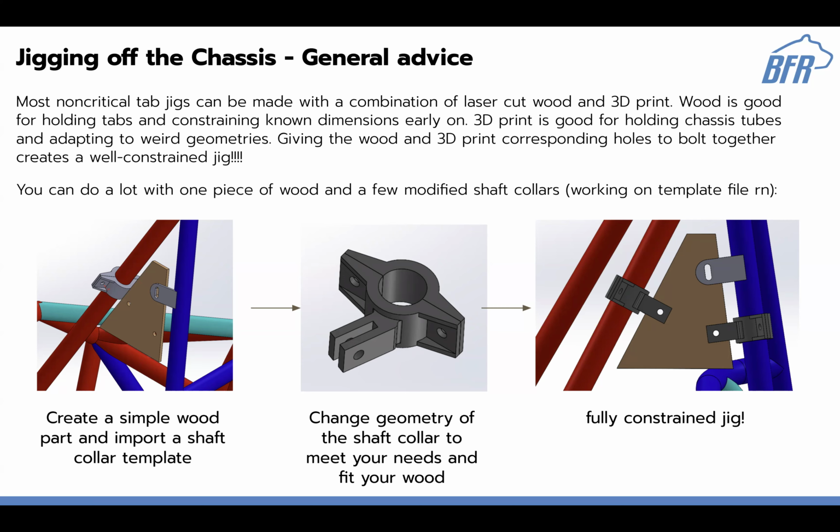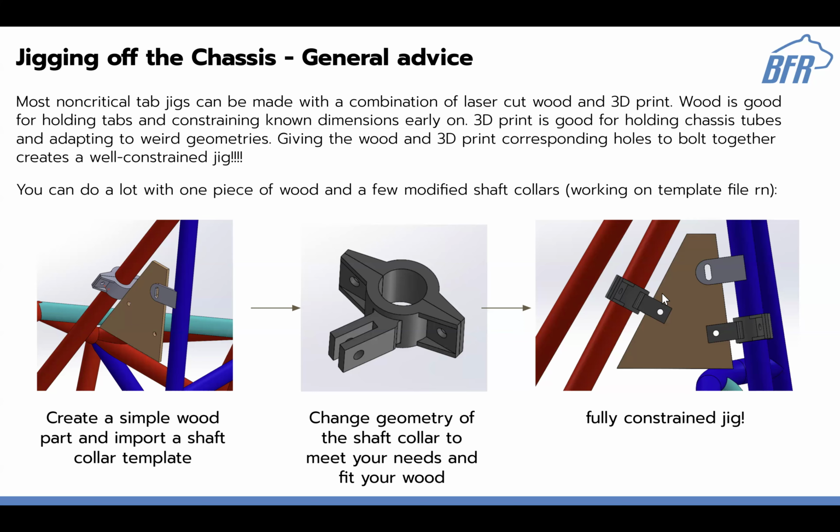Some things to keep in mind, like this is an example design where you'll use these clamps or shaft collars, sort of. These will be 3D printed and they'll attach locally to any tube, right? So this is again referencing off of nearby tubes rather than the table itself. And then those will attach to a wood plate where you actually bolt your tab on in order to constrain it. So yeah, this is how you would fully constrain your jig. I'll talk about a couple of the welding